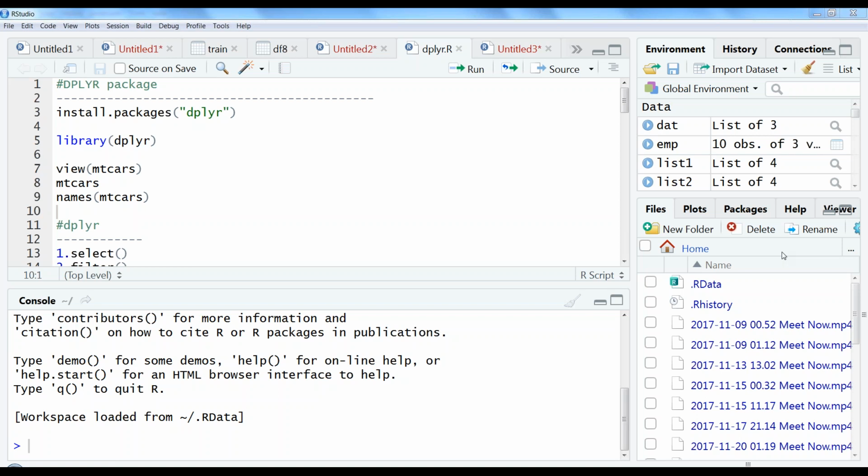All the features of those functions we have in this dplyr package, along with that we have extra additional features as well. So that advantage we have in this dplyr package.